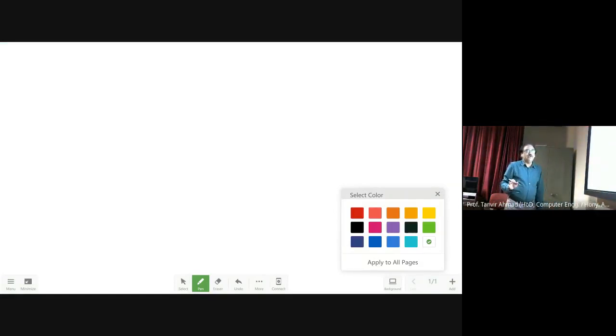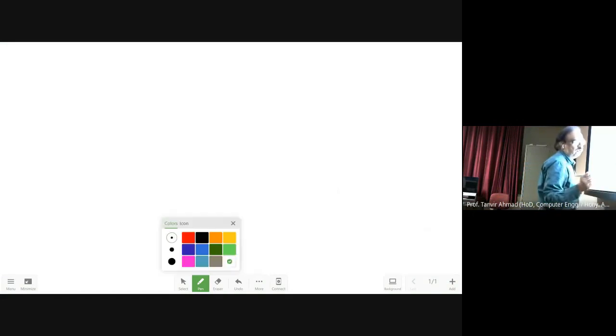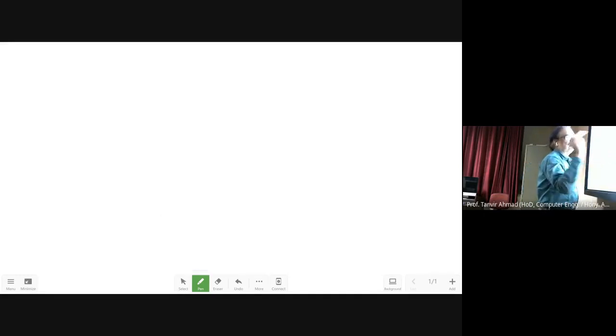Is the board visible to you? Okay. Now let us try to write a program to show you how you are going to use this. I'll just write a C program for a 2D array using arrays, and then I will try to convert that program into using pointers. Okay. Now just a simple program I'll write.